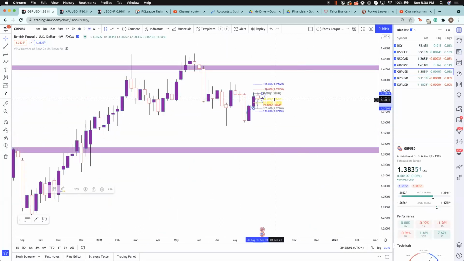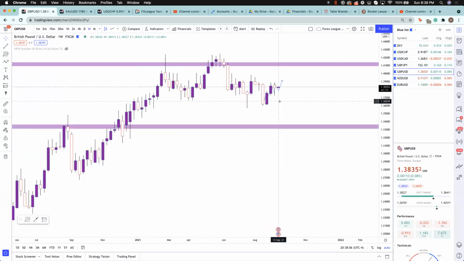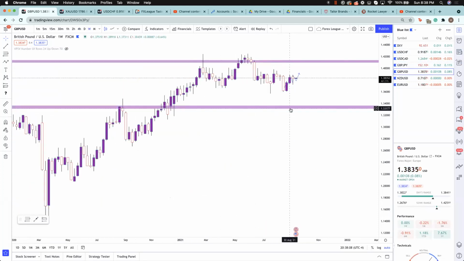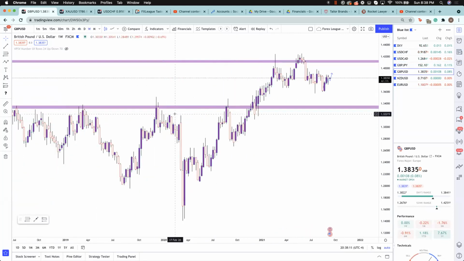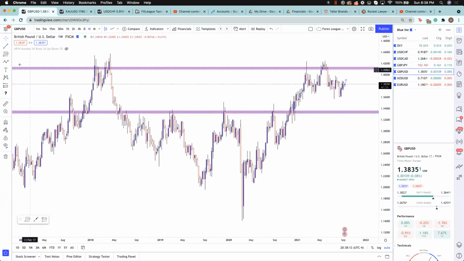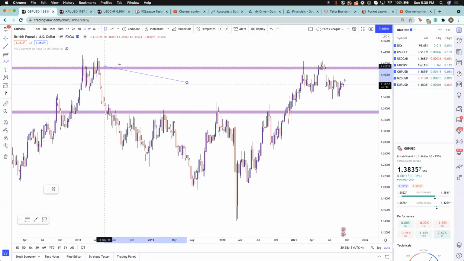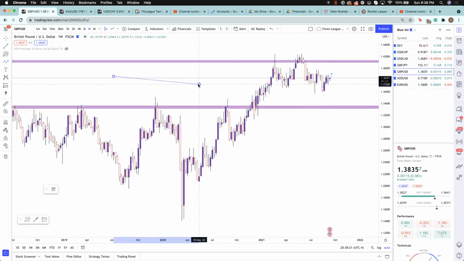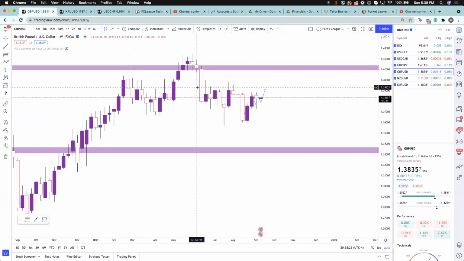All right, so always just starting on the weekly, guys. We're going to just run through what's going on this time frame. Where are the key levels? I have my lower level marked right here based on this, right? And then the upper levels based on resistance. So those are my two key levels.